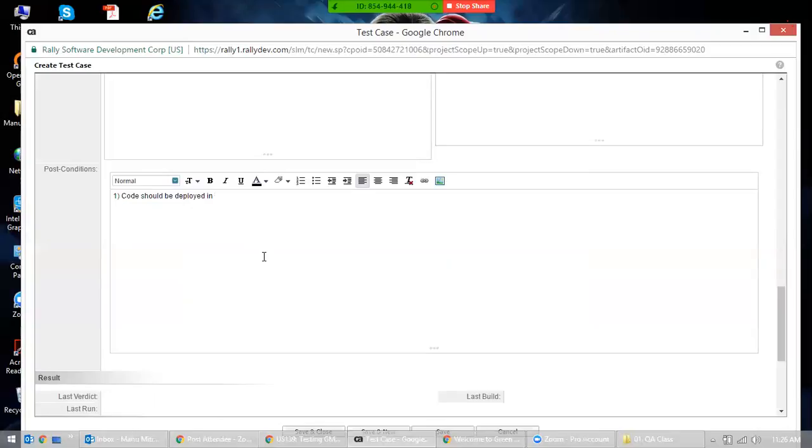Okay, so this goes into regression testing. See, once the regression testing is done, then it goes to production. So we'll just put it to production. So regression testing should be completed, and then